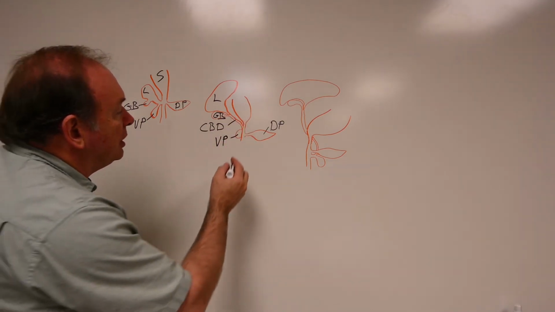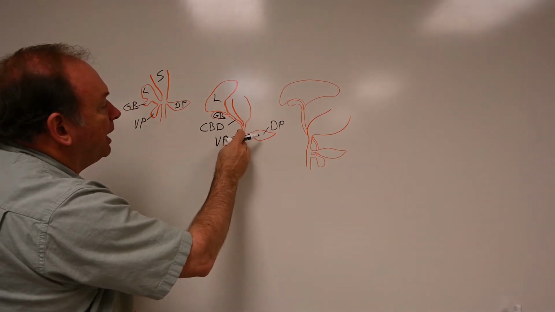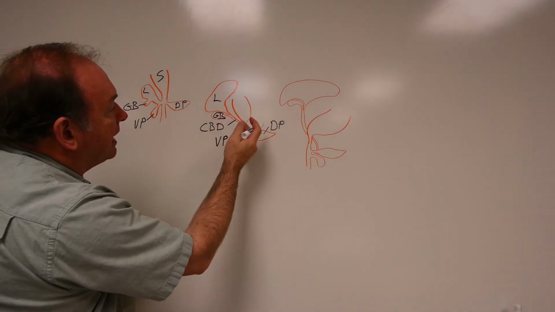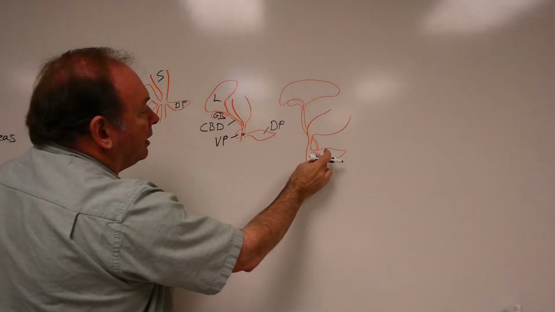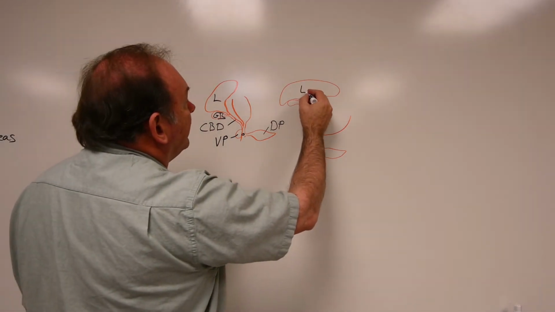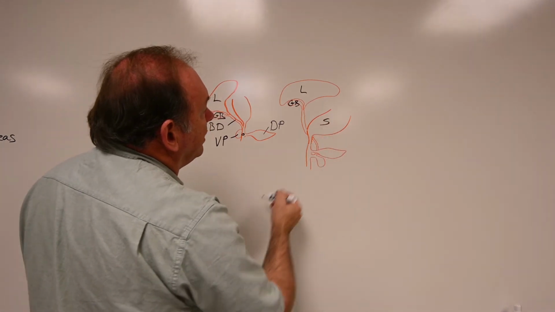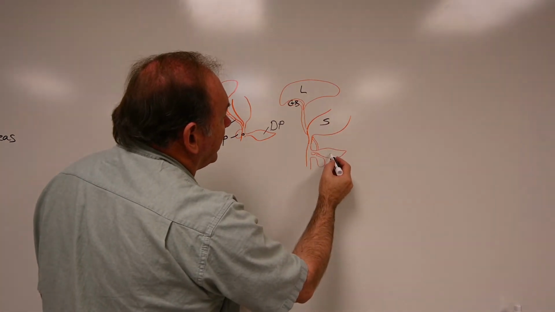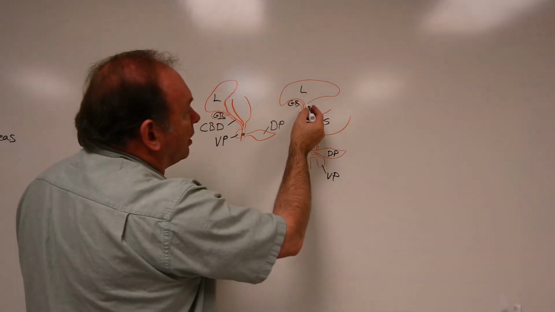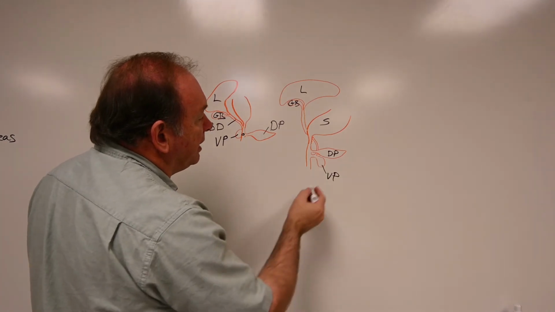Eventually this connection of the gallbladder and common bile duct, and the ventral pancreas on the backside, will move around all the way to the other side. And that's what we see here in this next drawing. So here we have the liver, the gallbladder right here, the stomach right here, dorsal pancreas, ventral pancreas. So our common bile duct comes all the way around along with our ventral pancreas right here below